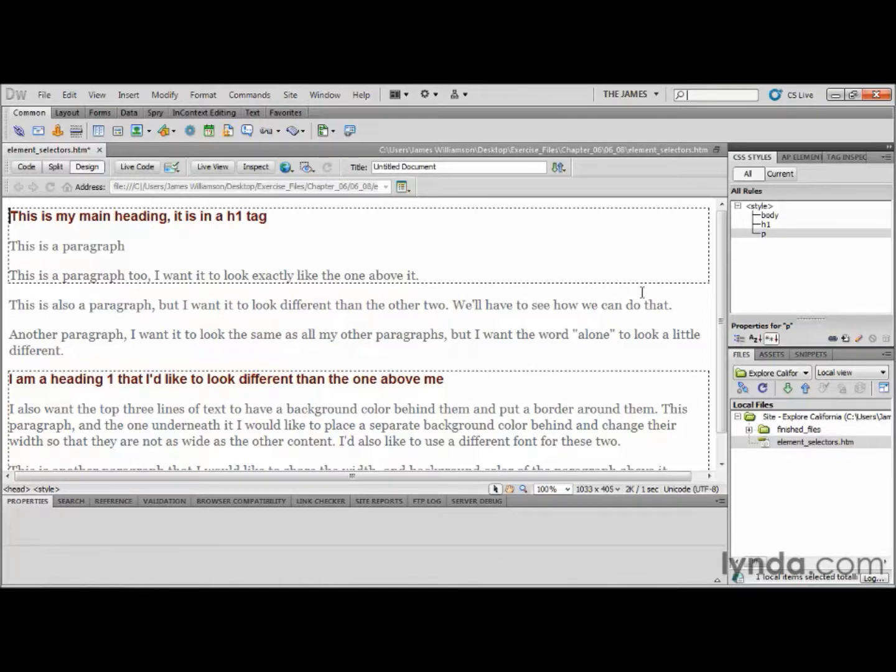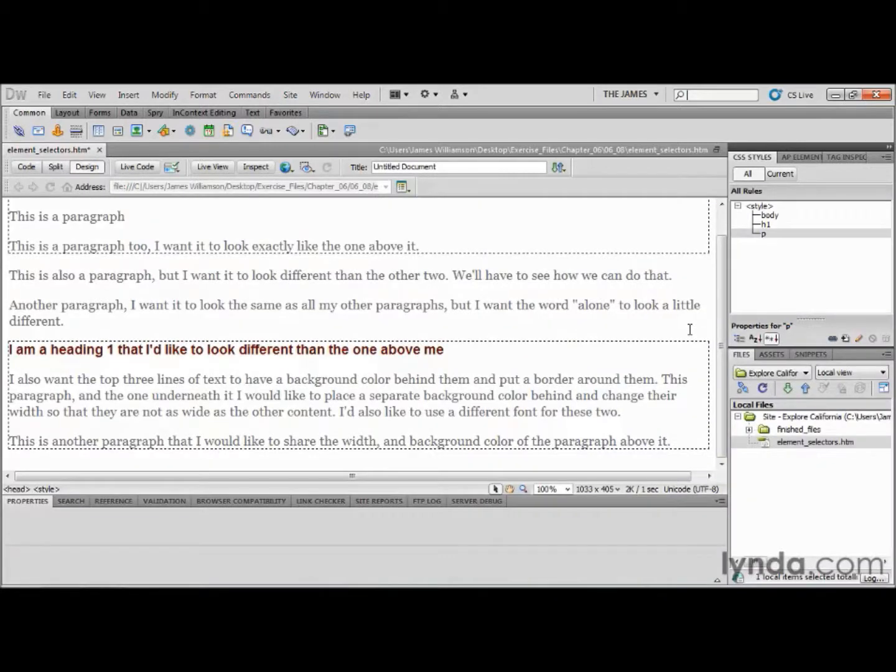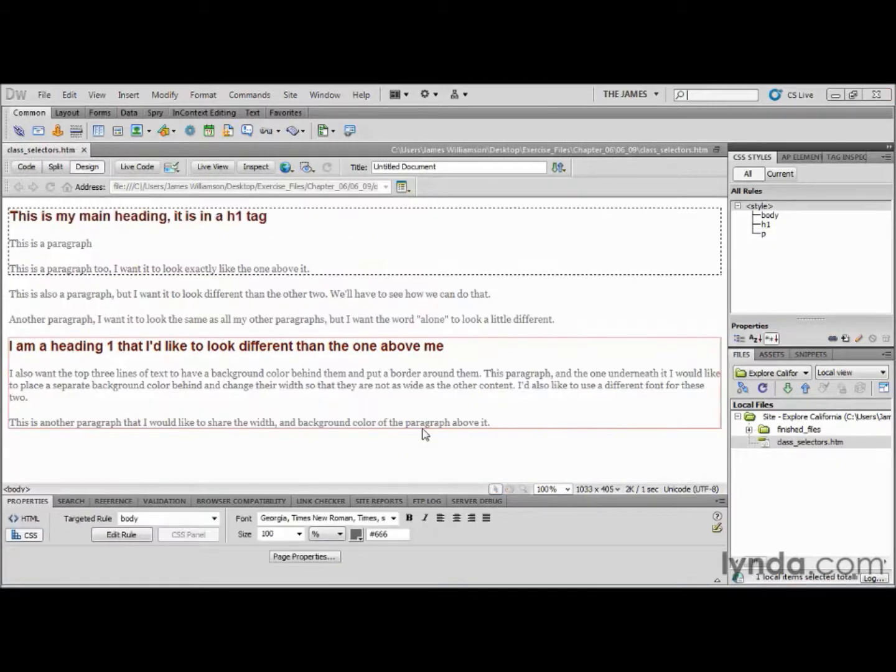If you've taken a moment to scan and read the text that's on the page, you can see that some of the text needs styling that doesn't match what we've just done. If we were limited to just tag or element selectors, we wouldn't be able to achieve this. Now, thankfully, we have additional selectors available to us, and we'll use one of those, the class selector, in our next movie. If you're used to using Word, InDesign, or Quark to create styles, you're going to be really familiar